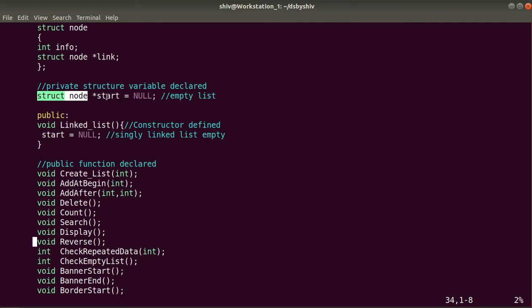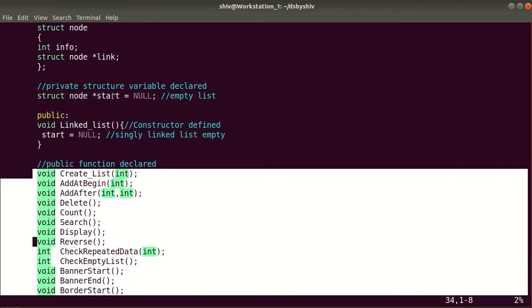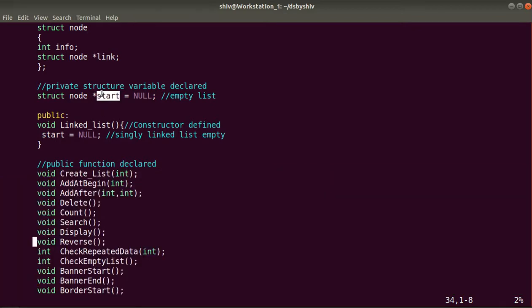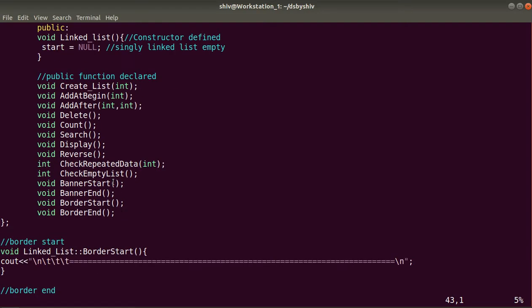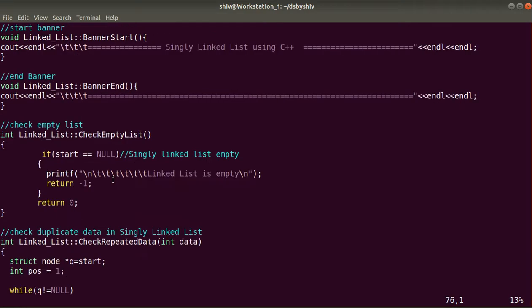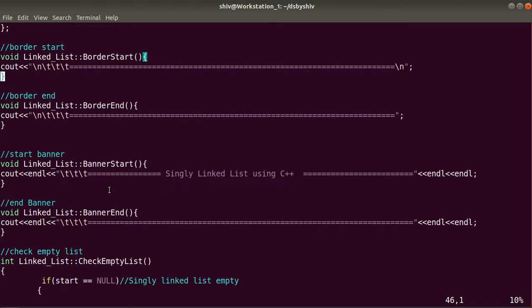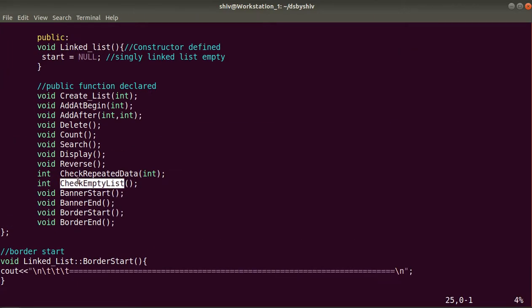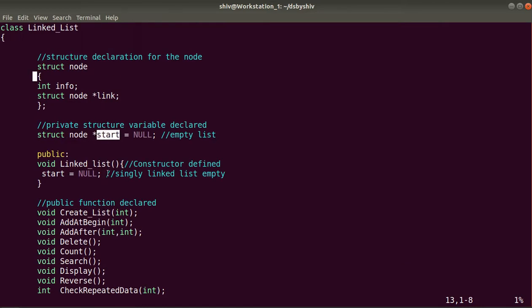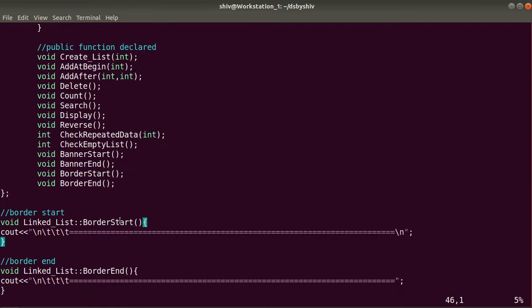So here start can be accessed because it is private, so only a public member of the class can access this private variable. That's why check empty is a public method of the class, so this method can access this private variable of the class, okay.